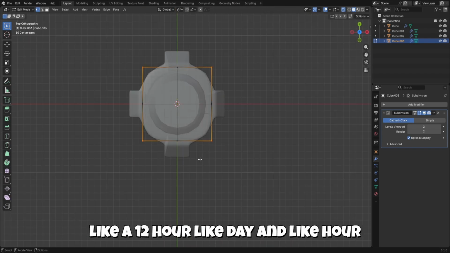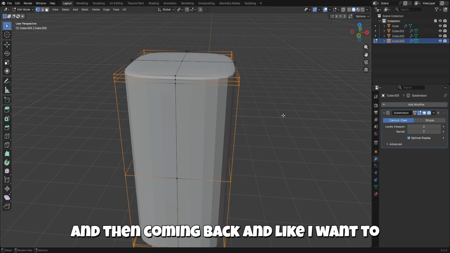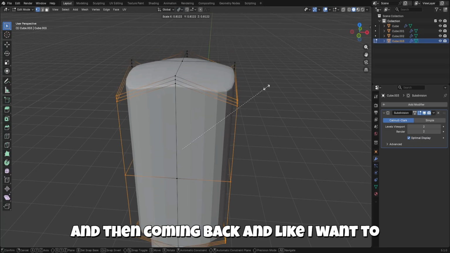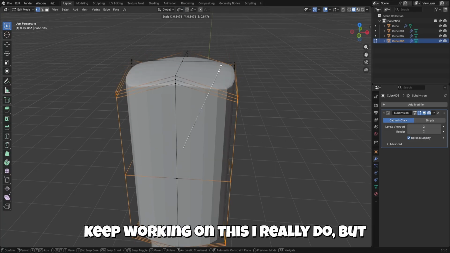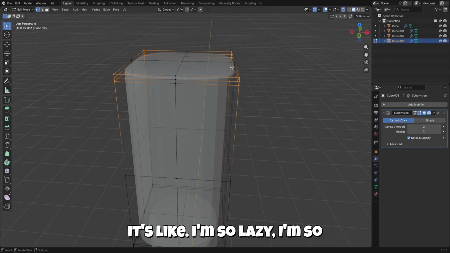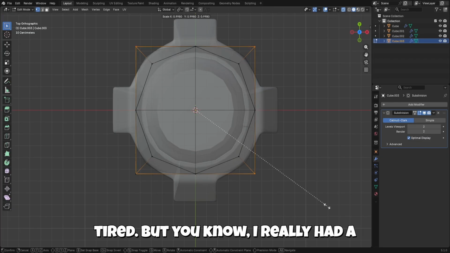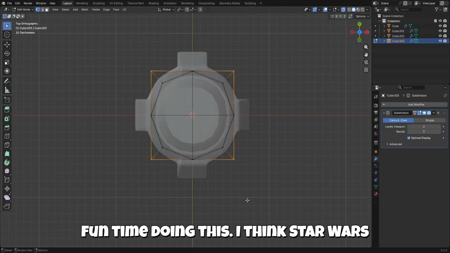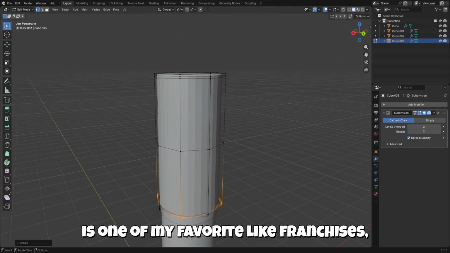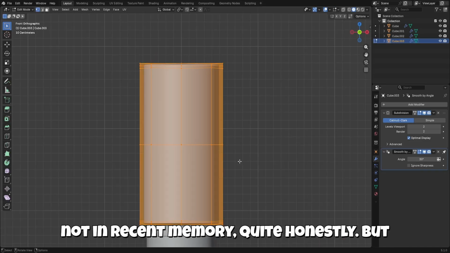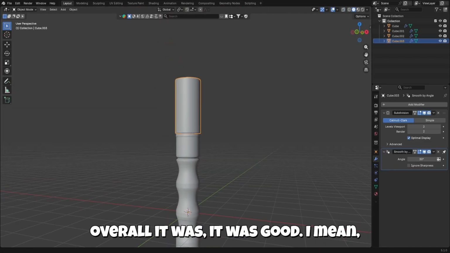Working a 12-hour day and then coming back, and it's like, I want to keep working on this. I really do, but I'm so lazy, I'm so tired. But I really had a fun time doing this. I think Star Wars is one of my favorite franchises. Well, not in recent memory, quite honestly, but